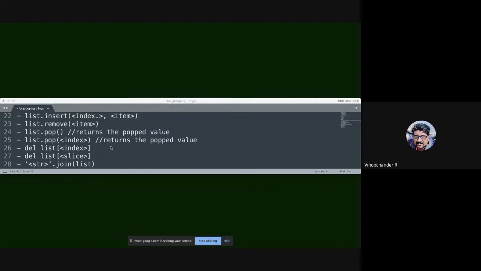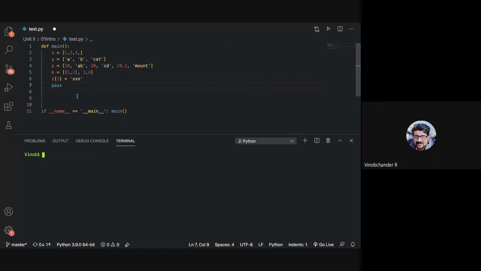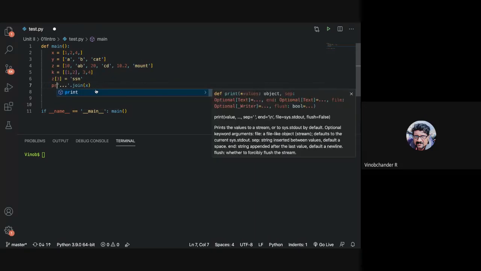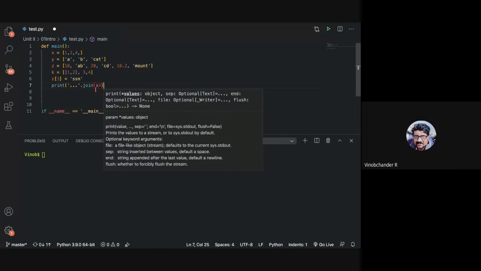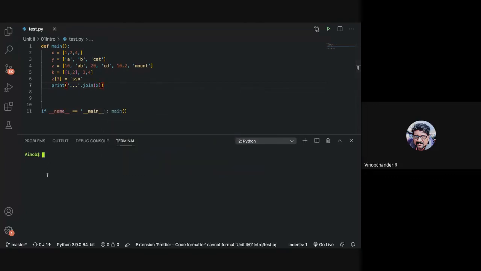This also we have seen, right? You can make use of a str operation to join a list. Now let us see an example. Let us do a join on a string, say dots. Do you think this will work, guys? This should not work, right? Python is strongly typed.